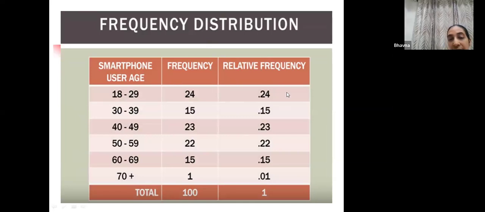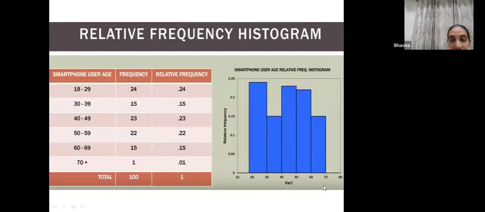Now it is up to you. If you want to plot frequency in the histogram, you can do it. If you want to plot relative frequency in the histogram, you can do it. Okay, it's not difficult. See, this is the frequency table for relative frequency, and this is the histogram where only the y-axis has changed. The x-axis is just the same. The variable which we're talking about here is age, and the y-axis goes from 0 to 0.25. It is not 25 now, it is 0.25. Why? Because 24 was divided by 100 to calculate the relative frequency, and now it is 0.24. Okay. So this is a histogram for relative frequency.